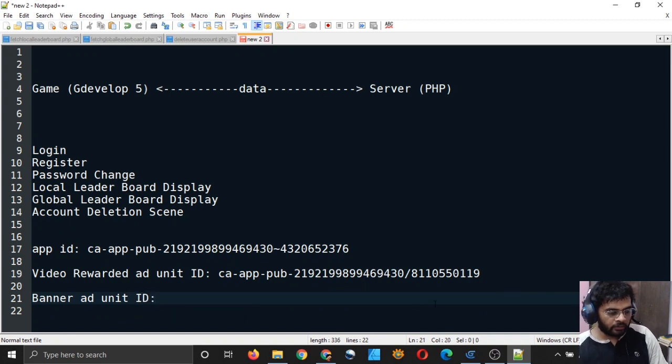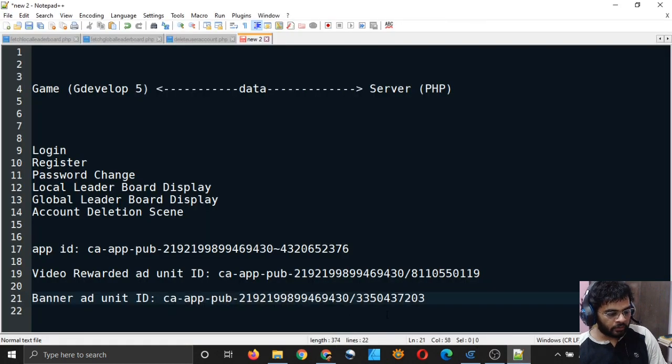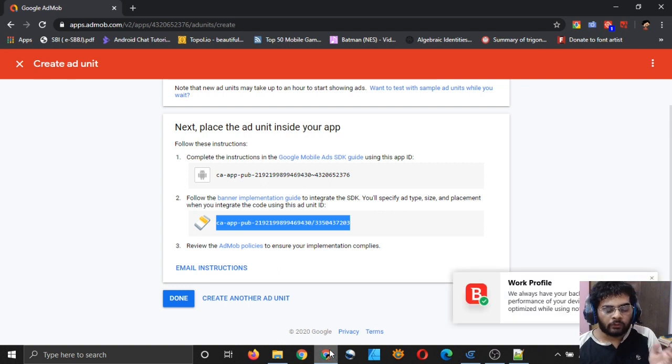So I will simply copy that one. I will copy this and I will go here and paste it, and that's it. My app ID is same for both banner ad and reward video ad.